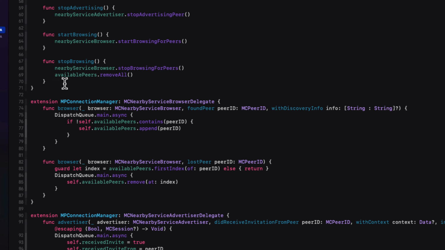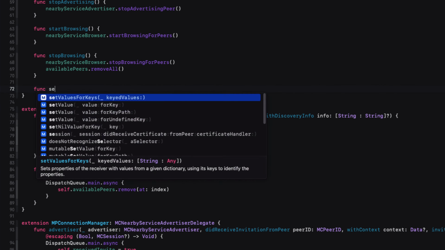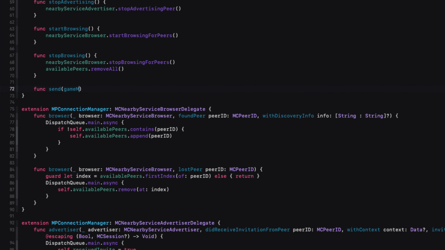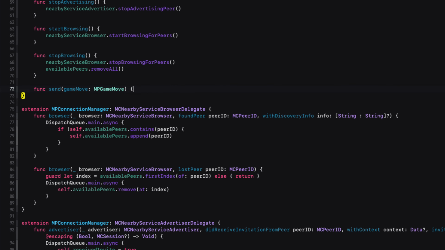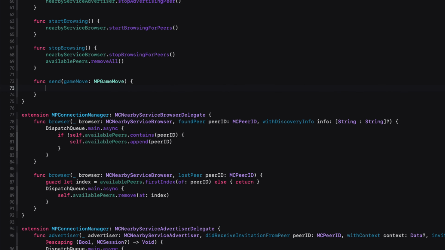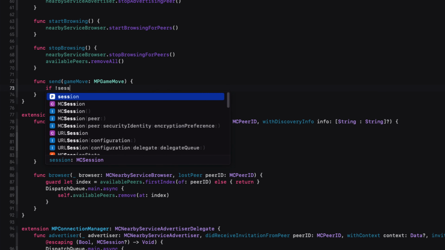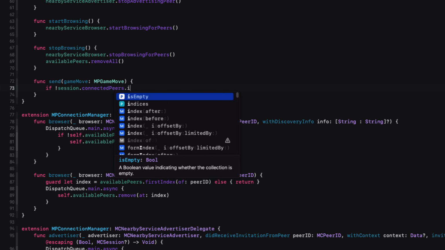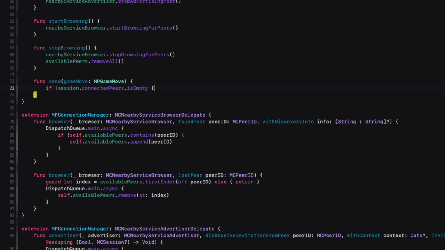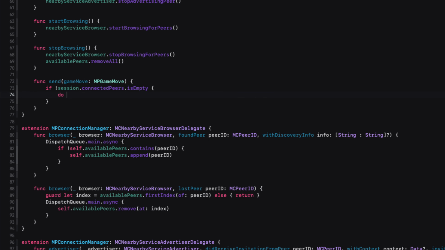Now we can return to our manager class and create a new send function that will receive a game move and send it on using the current session's send method with the encoded data. We'll need to make sure that there are some connected peers. And in our case, there's always only going to be one, but for a multiple player game, there could be